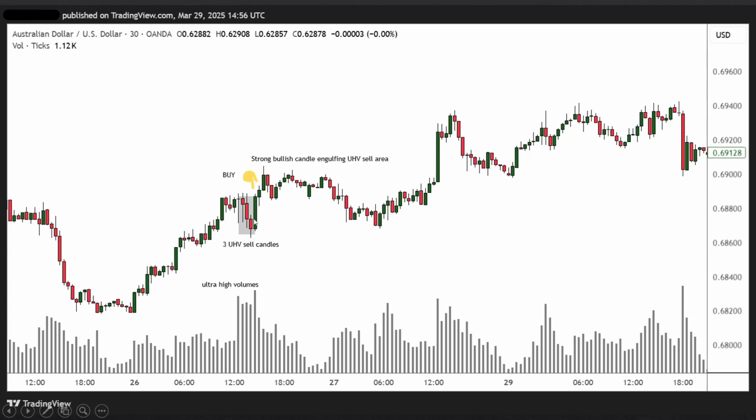Then this bullish candle also has ultra high volume, though it can be low volume as well. No matter what the volume on the bullish candle is, you just need to buy there. You should place stop loss below. You should expect 1:4, 1:5 on this trade. Okay,